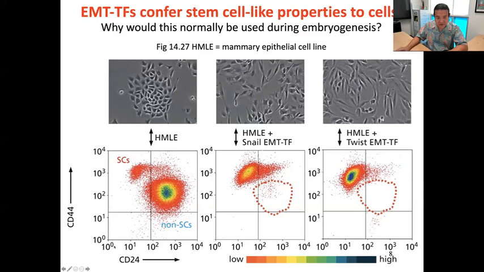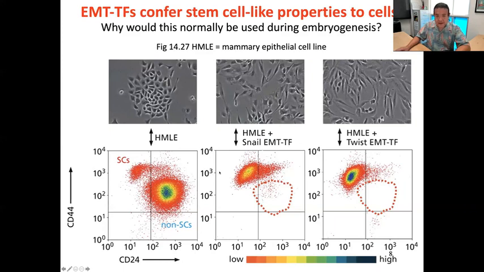If you're looking at markers CD44 and CD24 on the surface of these cells, cells that express high levels of CD44 tend to be cells that are more stem cell-like. Right? Cells that express high levels of CD24 tend to be cells that are more differentiated or less stem cell-like. Right? So in the healthy, normal state of these cells, if you go ahead and stain for these two, and then you look at where these individual cells sort of fall on the expression levels of CD24 and CD44, what you see is the vast majority of these normal epithelial cells would be in this more non-stem cell partition,